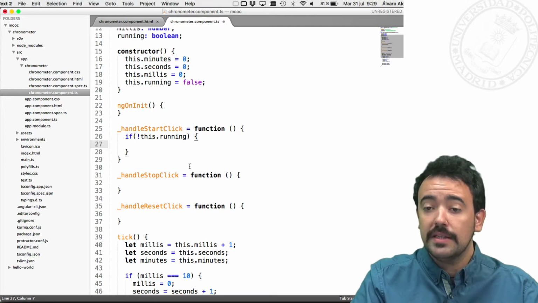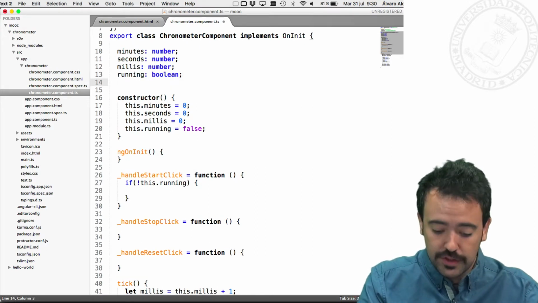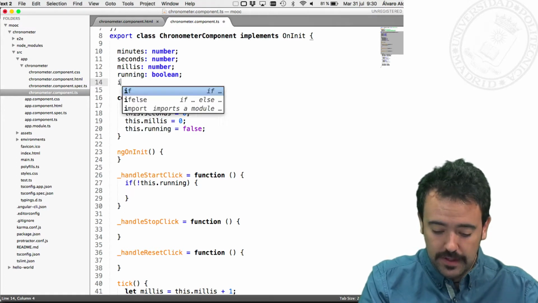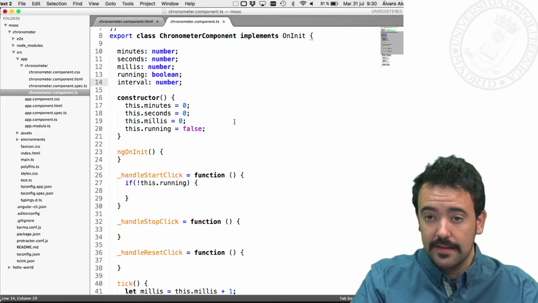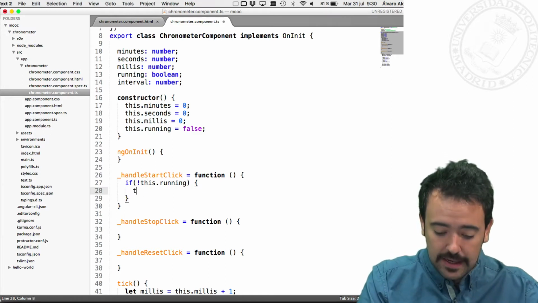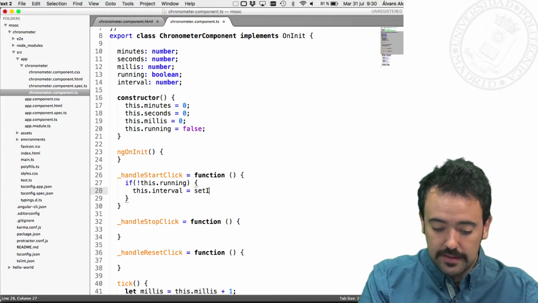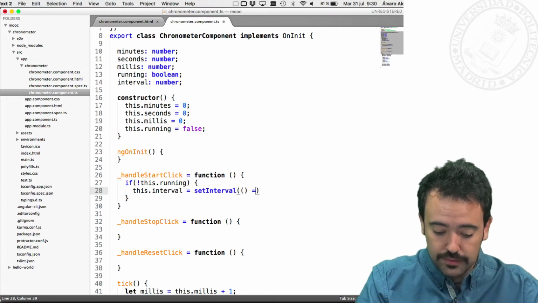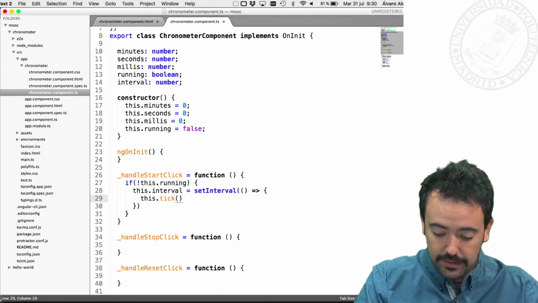method. In order to do that, I'm going to use the JavaScript setInterval function, and the result of this function, I'm going to assign it to a local property in order to be able to use it later for stopping or for clearing the interval. So I will create also here a local property interval, and here this.interval is assigned to a new setInterval in JavaScript that, using the arrow function notation, will periodically call this.tick method and will be